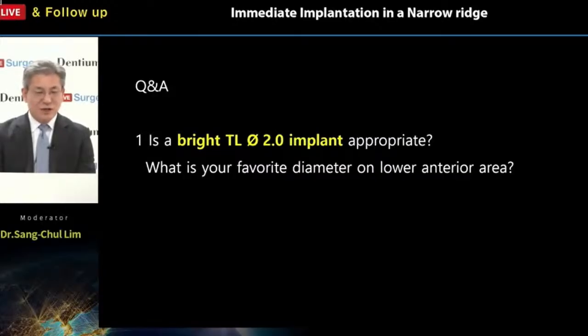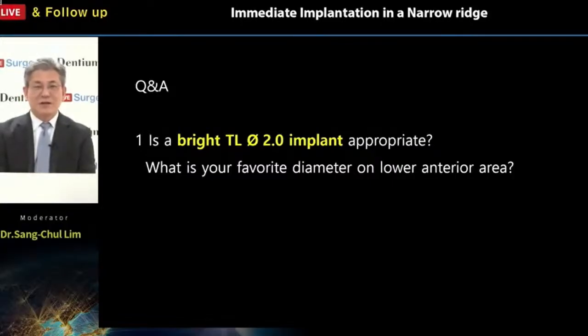Very nice, a good question is here. Is a bright TL diameter 2.0 implant appropriate? It means the lower anterior socket area. As you can see in the cone-beam CT view, it is a very restricted, narrow area. So a 2.0 implant fixture is the best choice for this narrow ridge, narrow